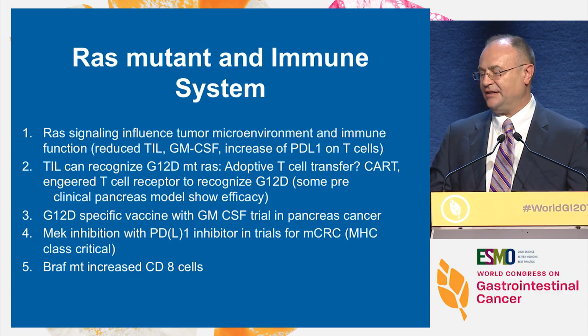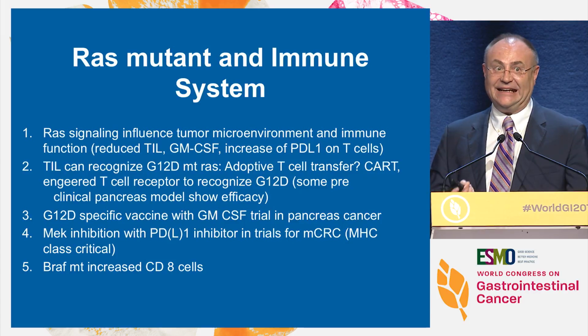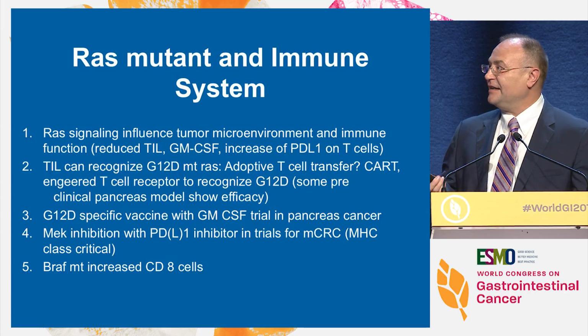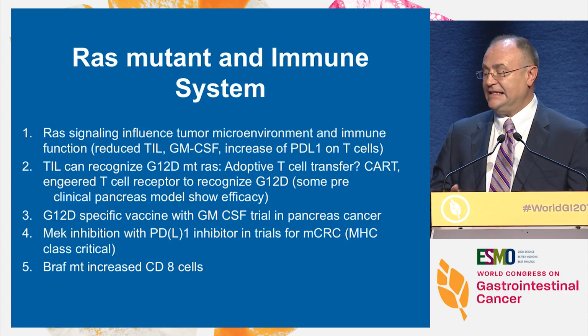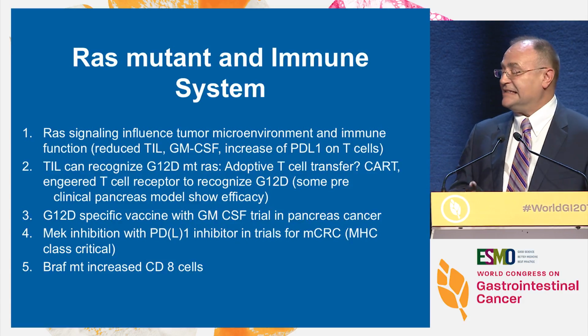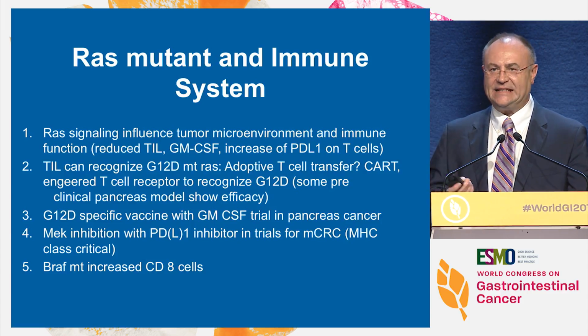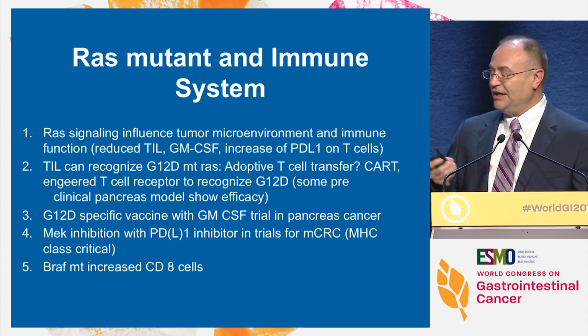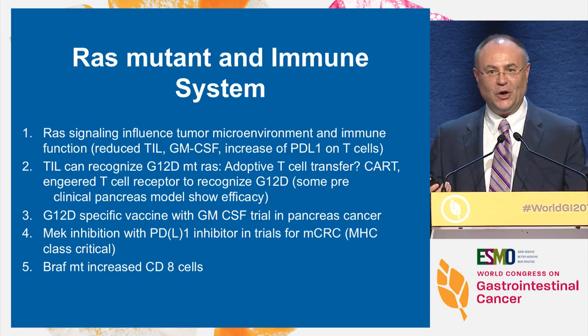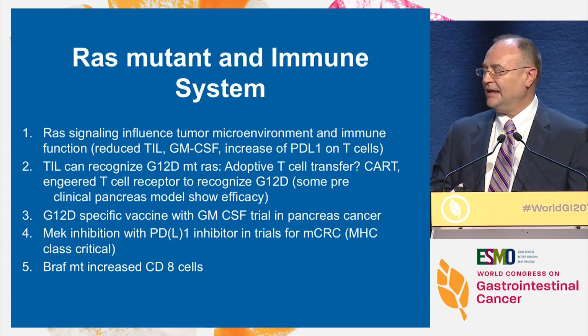Again, T cell regulation. We know that TILs particularly recognize G12D, not all hotspots, and that this will allow a potential adoptive T cell transfer, which was shown by Dr. Rosenberg, but here you need to have the right HLA type. G12D are now being evaluated for special vaccines in combination with GM-CSF because this opens up the opportunity for T-cell recognition. And combinations of MEK and PD-L1 have been shown to date not to be successful. You probably now know why. It's not enough.